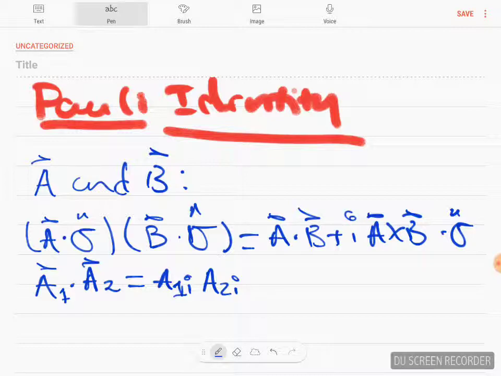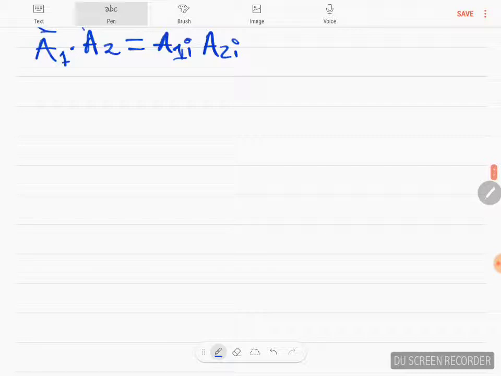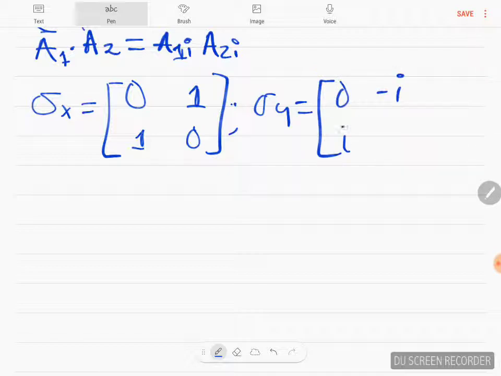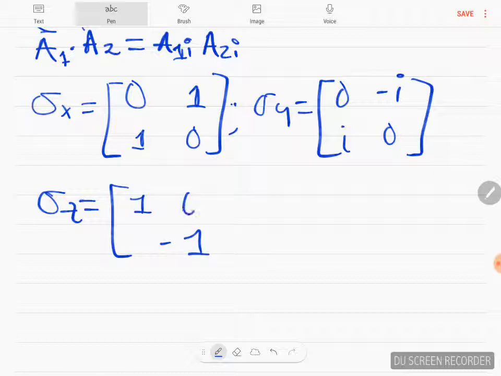And we also know the sigma matrices. Sigma x is equal to 0, 1, 1, 0. Sigma y is equal to 0, minus i, i, 0. And sigma z is equal to 1, minus 1, and 0 in the off diagonals. So,